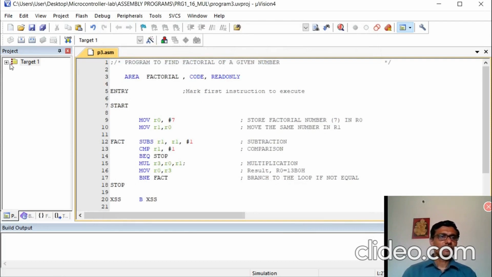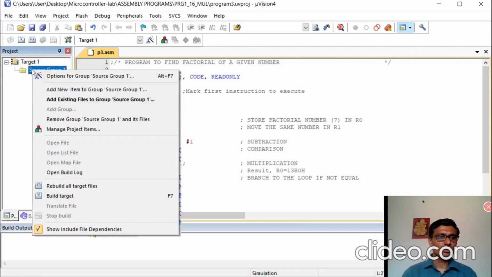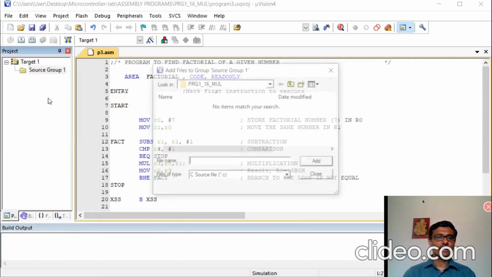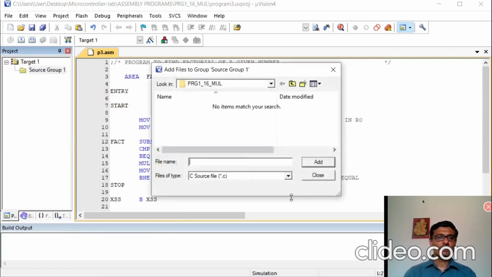Now you have to right click on target 1, right click on source group 1. Here we have an option called add existing files to group source group 1. Click on that. Now you have to add our assembler file which is created, we have given the name p3.asm.